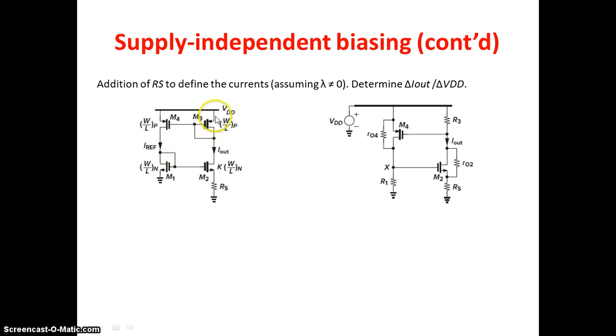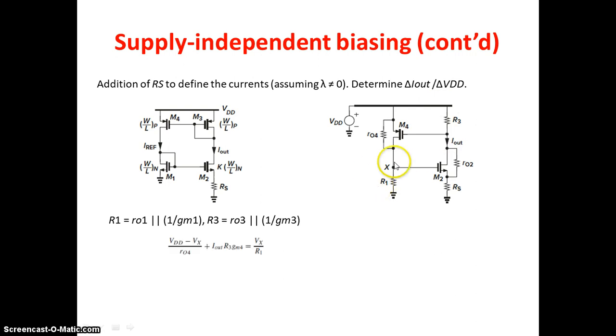This is a diode connected device and this is a diode connected device. If we write an equivalent circuit here, it gets replaced with a resistor R1, and this is R3. I hope everyone knows that a diode connected device can simply be written as a resistor. That resistor equivalent can be written as RO1 parallel with 1 over GM1, and here RO3 parallel with 1 over GM3. Everyone is clear, I think.